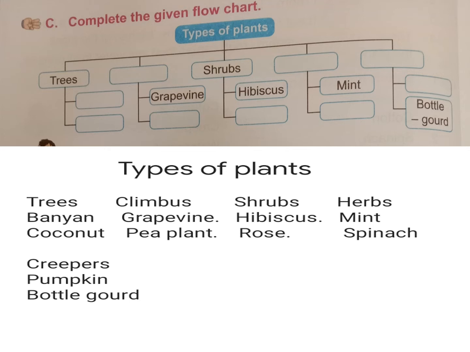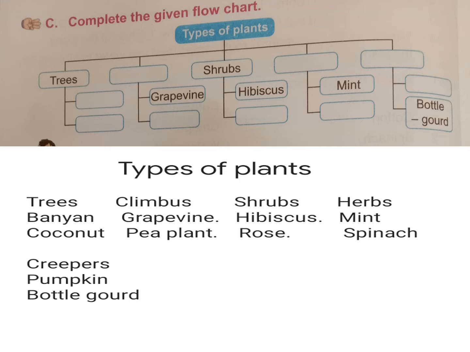Children, fifth one you have first box, blank box. They give us second example, bottle gourd. What type of plant? Bottle gourd is, what is that? Creepers. Children, after that fourth I have given under, you can see creepers. What is that? Creepers. Check your answer, all of you. Check your spelling also. The first box also you have blank. So you want to write pumpkin.